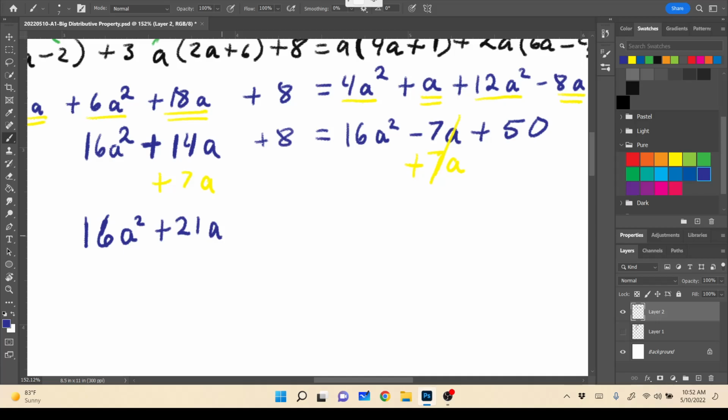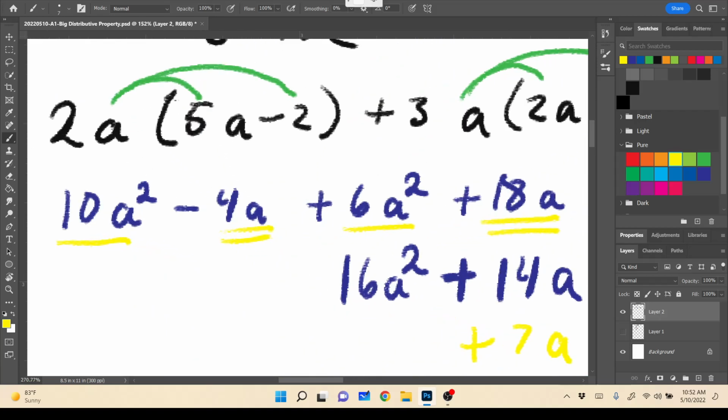We're going to bring down the plus 8, right? Equals. Now what? Subtract 16a squared from both sides. So that will equal 0. So way back there when we got the 16a squared, we got it by adding 10a squared plus